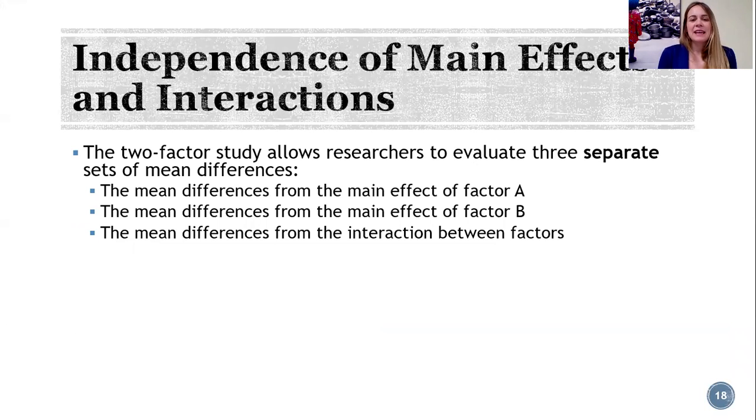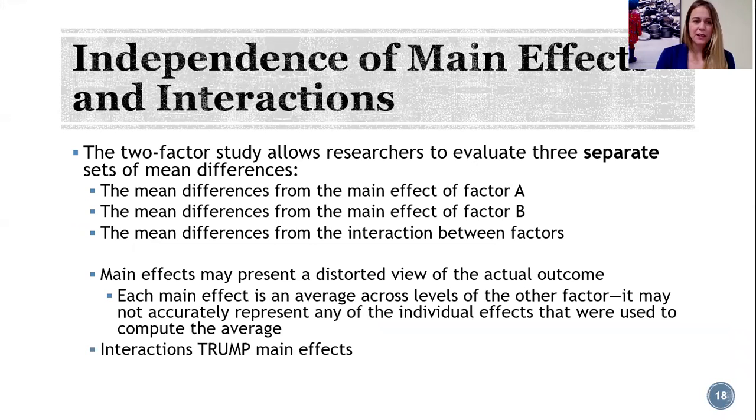So a 2-factor study allows us to evaluate 3 different mean differences: the effect of factor A, the lecture format, the effect of factor B, the study style, and whether there's an interaction between our factors. If we just looked at the main effects on their own, we might not get a real accurate picture of what is actually happening in the real world. It's only by looking at the interaction between the factors that we can truly understand how variables are working together to